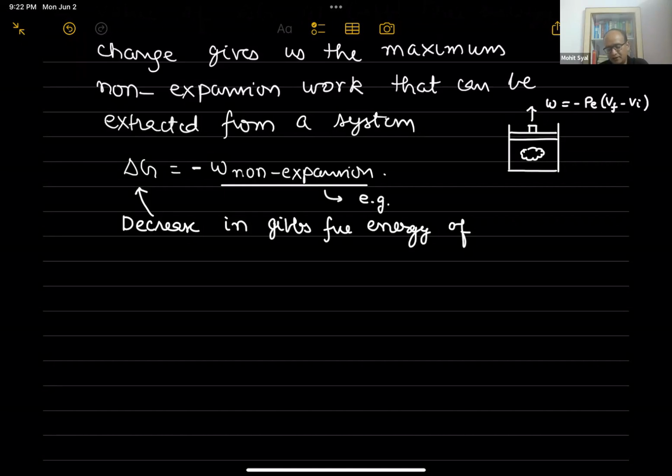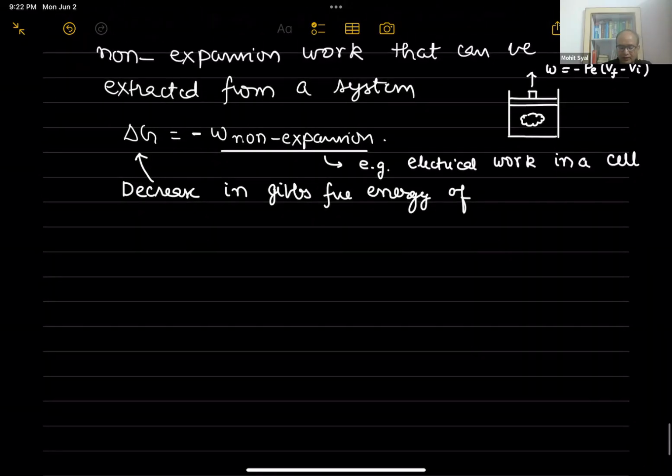Example, electrical work in a cell, right? So the decrease in Gibbs free energy of a system